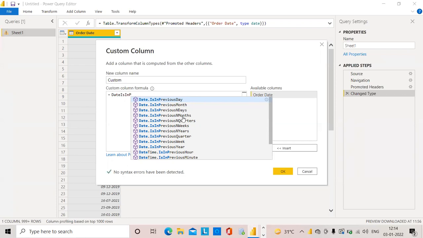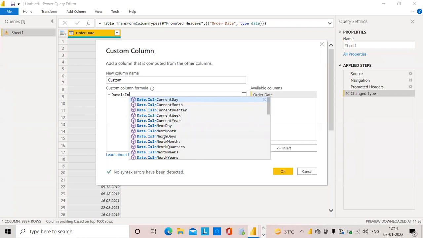Previous details will be here. If I want to calculate current date, current month, current day, like that. If I want to show you next year, next month, like that, all the functions you will be able to see.